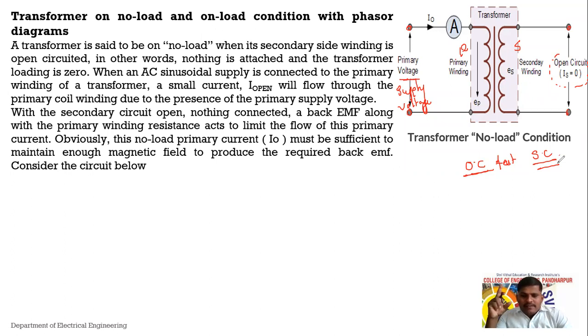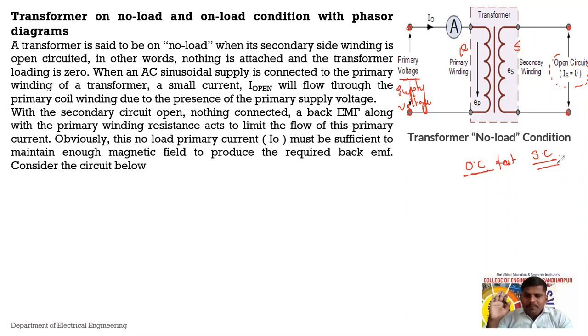So see, the secondary side is open circuited, meaning there should be no load attached to the transformer on the secondary side. Load is not attached on the secondary side. So if there is no load, that means the current flowing from this secondary side is equal to 0, or no current will be flowing from the secondary side. Okay,